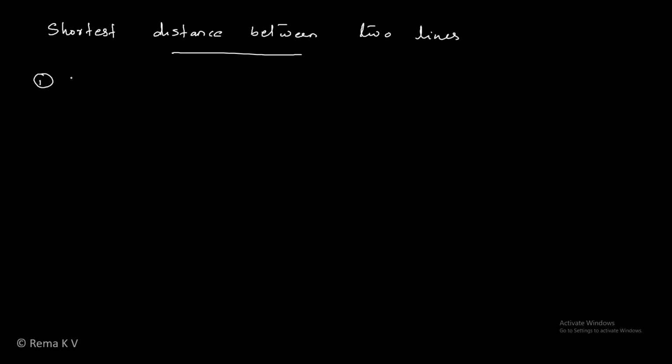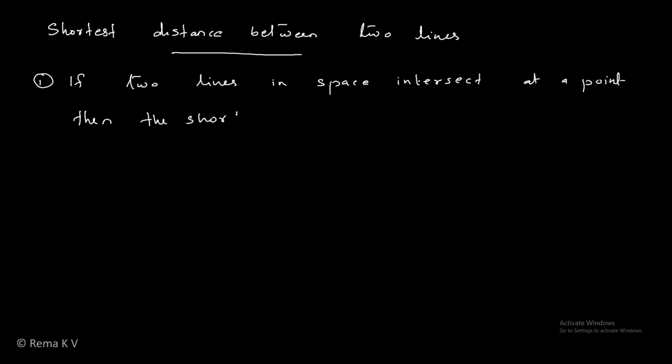The first one is, if two lines in space intersect at a point, then the shortest distance between them is